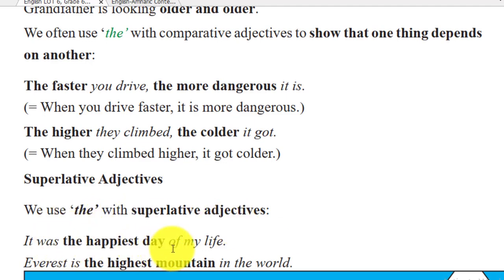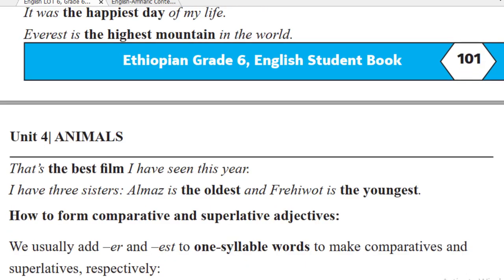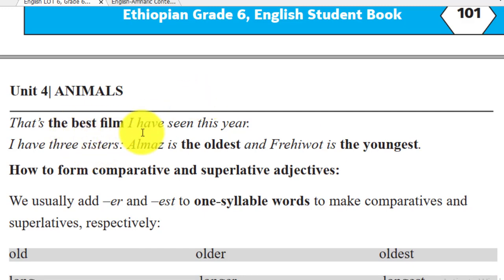It was the happiest day of my life ነው, the ብለን happiest day ካሉት ቀናት ይሄ happiest ነው በጣም የሚያስደስት ቀናት ሆነዋል ማለት ነው። Everest is the highest mountain in the world ይላል, in the world በአለም ካሉ ማውንቴኖች the highest ሆኗል እጅግ በጣም ከፍተኛው በርዝመት ትልቁ ሆኗል ማለት ነው። That's the best film ይላል, the best film I have seen this year ይላል። አሁን ደግሞ እስካሁን ካየኋቸው ፊልሞች ቤስት ብዬ የምጠራው ማለት በጣም የተሻለ ፊልም የሚባለው ይሄ ነው።